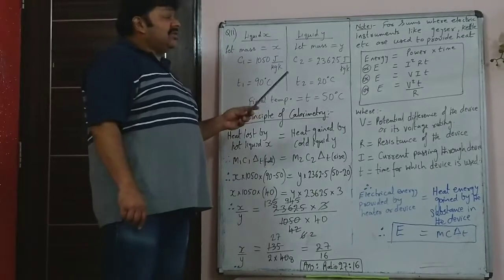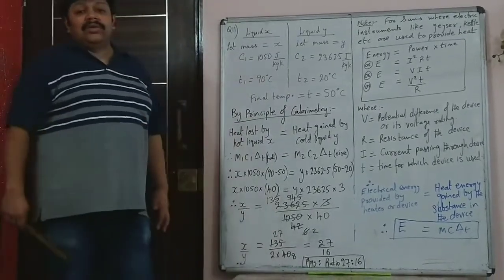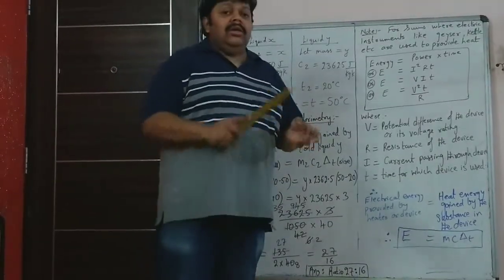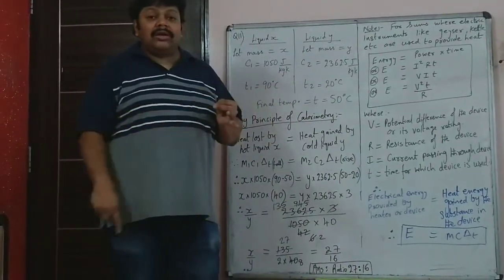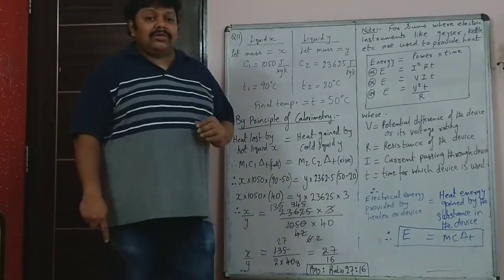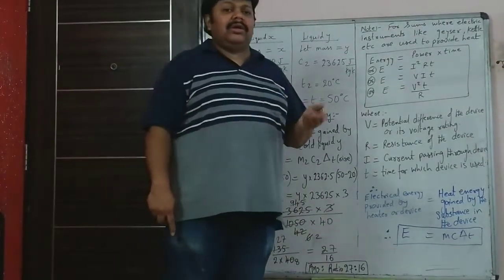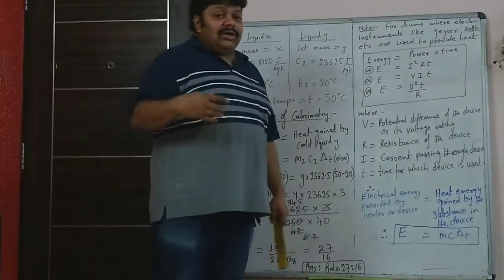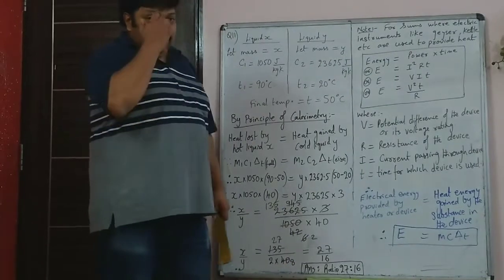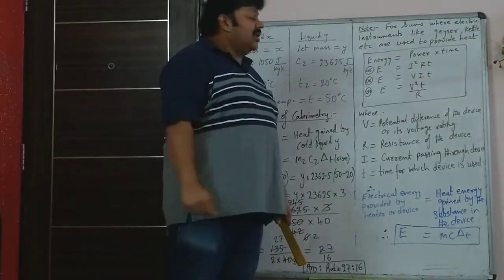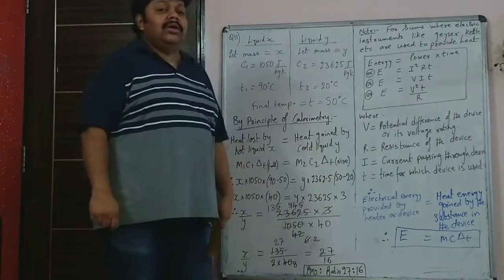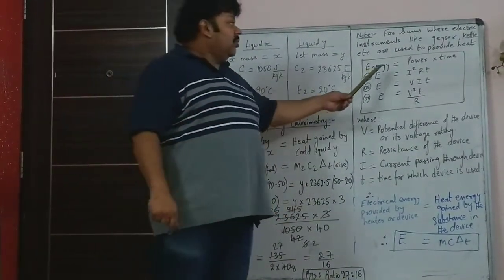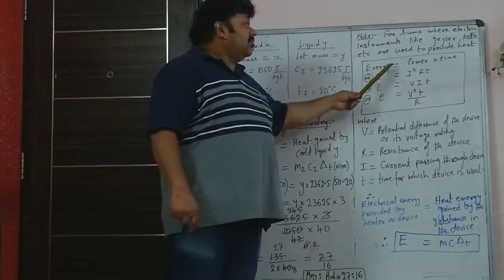Now, the next type of sums: there could be some sums in which electrical devices are used to provide heat. Like you have geyser, heater, kettle. All these are heating appliances. You have used them in your house also many times to heat water. In that case, we have not done the chapter of current electricity. In current electricity and household electricity, you will come across some formulae for energy provided by electrical appliances. So we are using that. Energy is power into time.